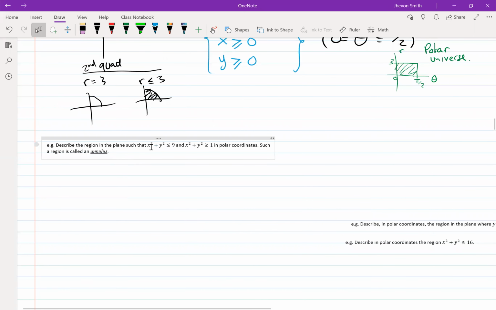And I just described one using these inequalities. So here I use 2 of these inequalities. In other words, this is basically me saying, and I didn't put any quadrant restrictions here. So if I were to graph this,